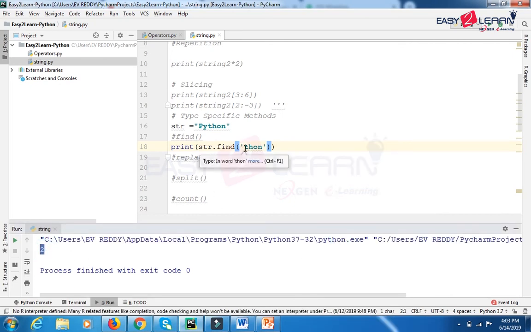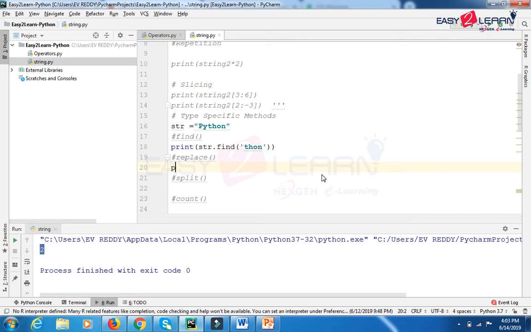Yes, the given substring is located at 2. 2 means, as we already discussed, the array index starts with 0, 1, then this thon substring starts at the 2nd position.